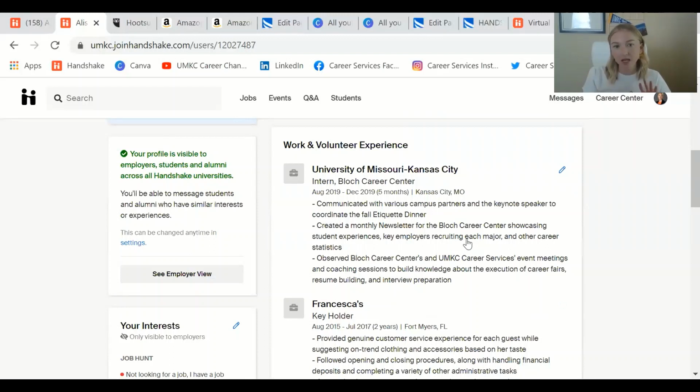So keeping to that right-hand side, even though obviously there are some things left, we're still keeping to that right-hand side. So we'll go through work and volunteer experience. This is where you can add work and volunteer experience. So that's internships, part-time work, full-time work, any volunteer experience, things like that. And there are two ways you can do this. The first way, you can type right into this and add your description. I would suggest doing bullets because it's just easier to read, just like on a resume. Adding bullets is way easier to read for employers.